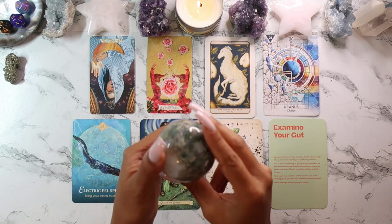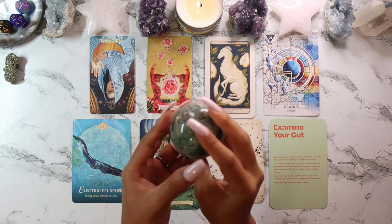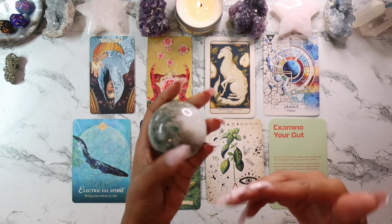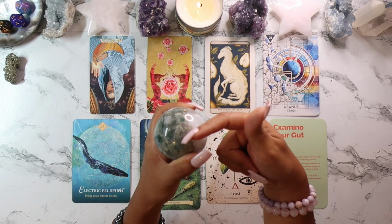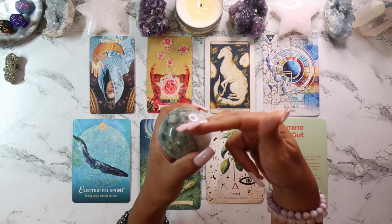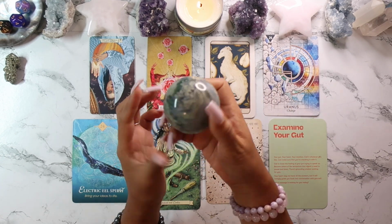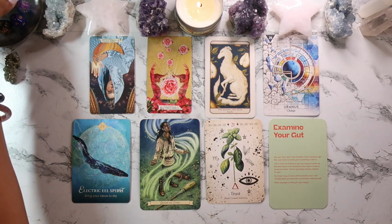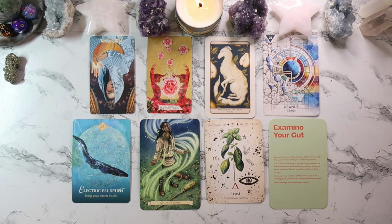This is really good for manifesting more money, more opportunities, grounding yourself. And then basically what I'm trying to say is, other people who may have never seen your brand before might come to your brand and be like, oh my god, I want a crystal to be opened on live. It was a genius way for her to show her products, show people actually purchasing the products, because part of building a loyal clientele